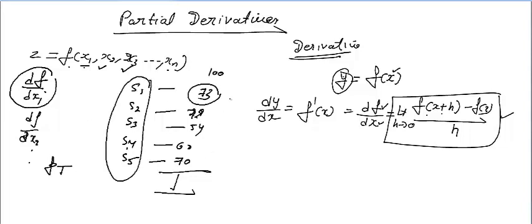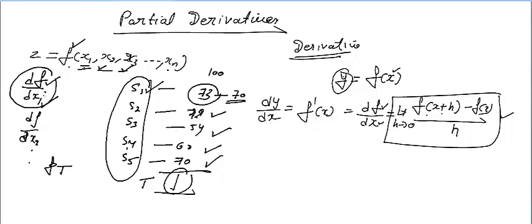If S1 changes from 73 to 70, that will not be the total change, because the total may also change with respect to x2, also with respect to x3, also x4, also x5. So how can we say that if you change only the marks of subject 1, that will be the total change? You can't say that. In the same way, if you have a function depending on x1, x2, and so on up to xn, how can you say that the change in f with respect to x1 will be the total change? That will not be the total change.